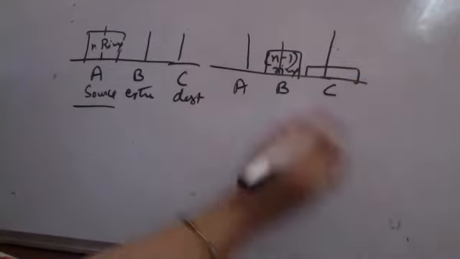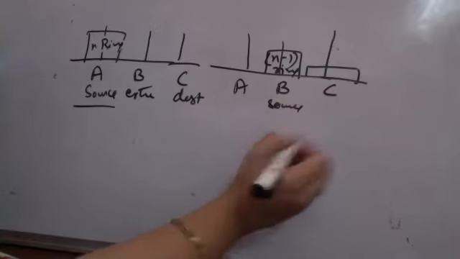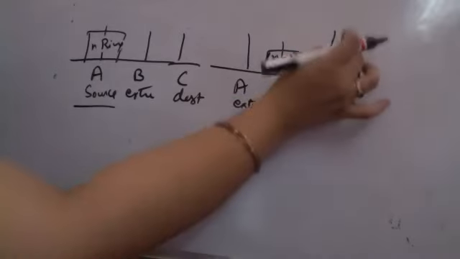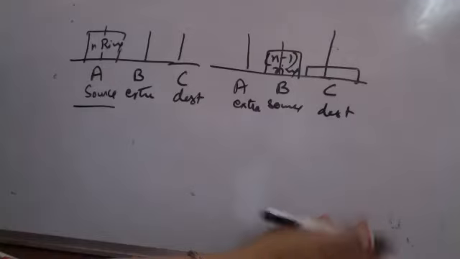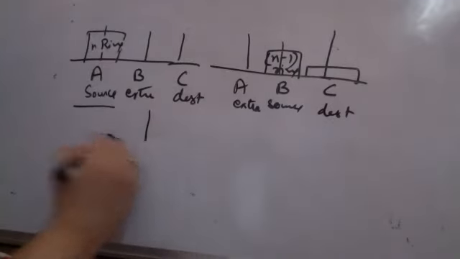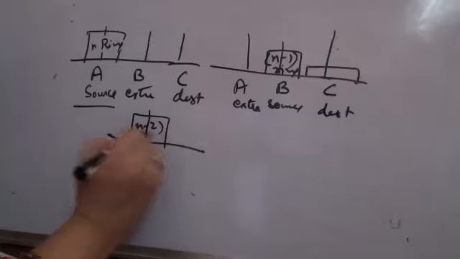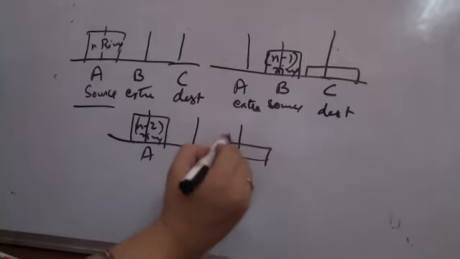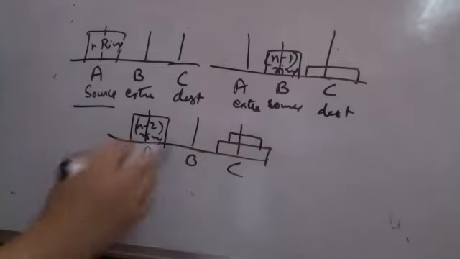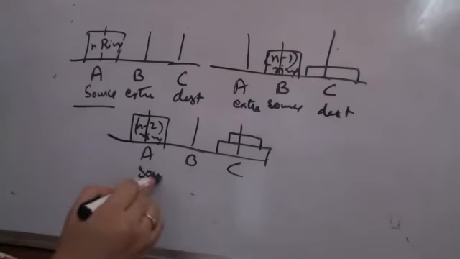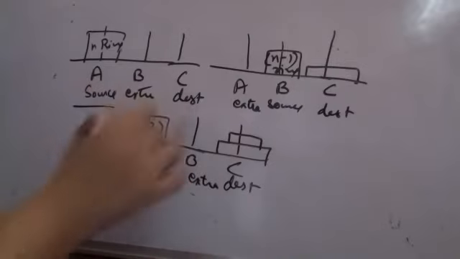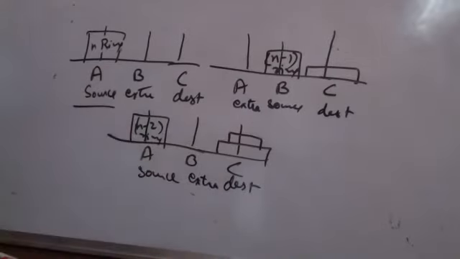Now what I have to do is, this becomes the source, this becomes destination, and this becomes extra. I have to copy the entire tower here. Similarly, what will I be doing? Taking A as extra, now A will be having n-2 rings ka tower, B will be there, and C will be having 2 rings by now. The same process is again repeated. Now A would become the source, C would become the destination, and B would become the extra. Again, recursively यही process continue होगी.